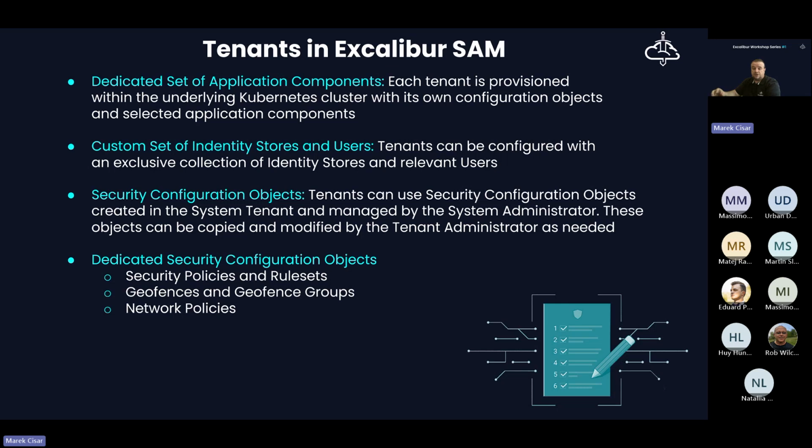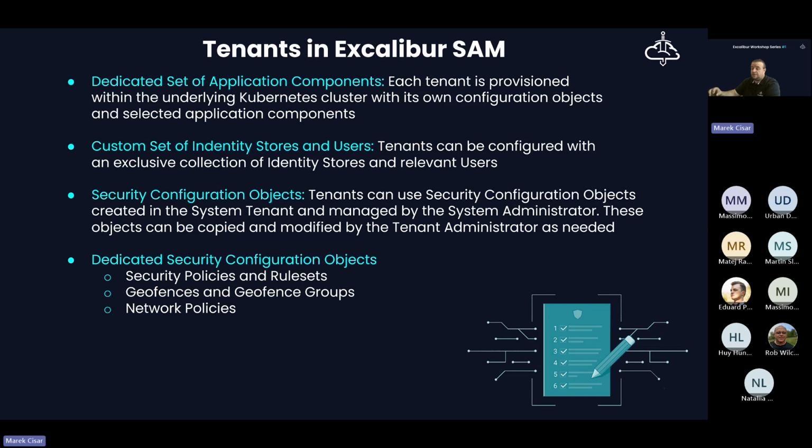Some of the security configuration objects can be shared between the system tenant and the regular tenants, but not between tenants themselves. Why? Basically because the tenant administrator is not a technically based person. He doesn't understand all the configuration details or the mechanisms of how Excalibur SAM works.